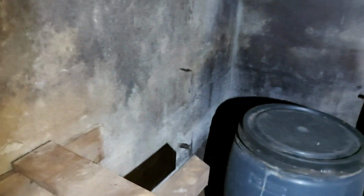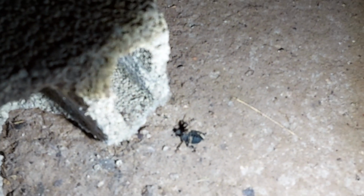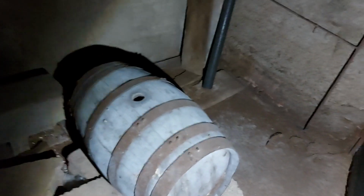And yeah, all in all, it's pretty yucky. These are actually, when you get them cleaned out, they'll be quite good. I'm glad to say that this bug I've just found is actually dead, because I don't really want to be playing with that at the moment. That looks like, is it not a cockroach, you see? No, I don't know what it is, love. But whatever it is, it's dead, so I ain't bothered. Yeah, I ain't too worried about most bugs, but...